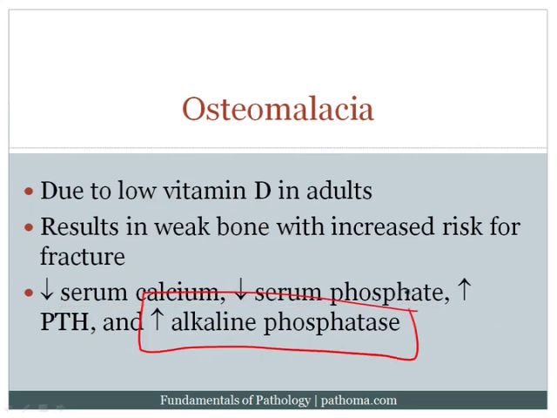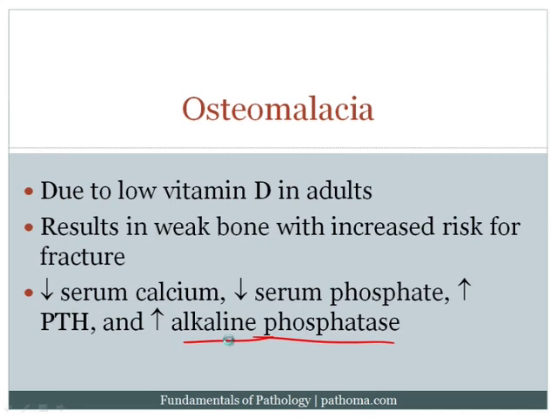I want to make sure that you understand that whenever there is activation of the osteoblasts, there's going to be a high alkaline phosphatase. And the idea here is that alkaline phosphatase creates an alkaline environment, and the alkaline environment is necessary to lay down calcium into the osteoid. Remember when we talked about osteopetrosis, I told you that an acidic environment is necessary to remove calcium. Well, the opposite is also true. An alkaline environment is necessary to add calcium. And so osteoblasts have alkaline phosphatase because they create an alkaline environment that will then allow them to calcify the